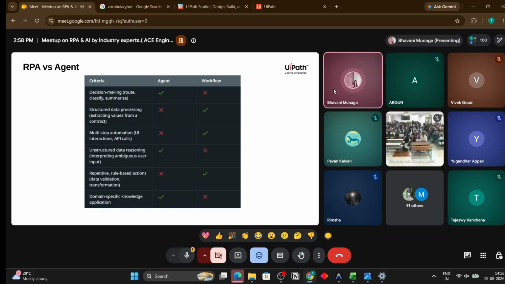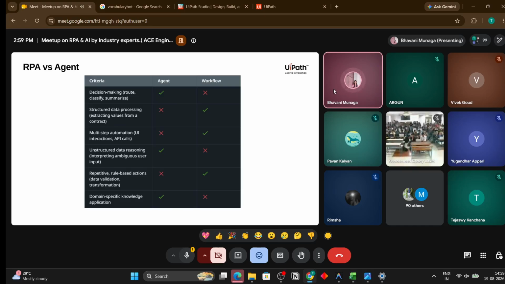As I said, RPA versus agent. Coming to the first one, decision-making criteria: the workflow doesn't take any decisions, while the agent can make decisions depending on your prompts. For processing structured data, you can go with the workflow. An agent is not suitable for that, because agents are very costly.